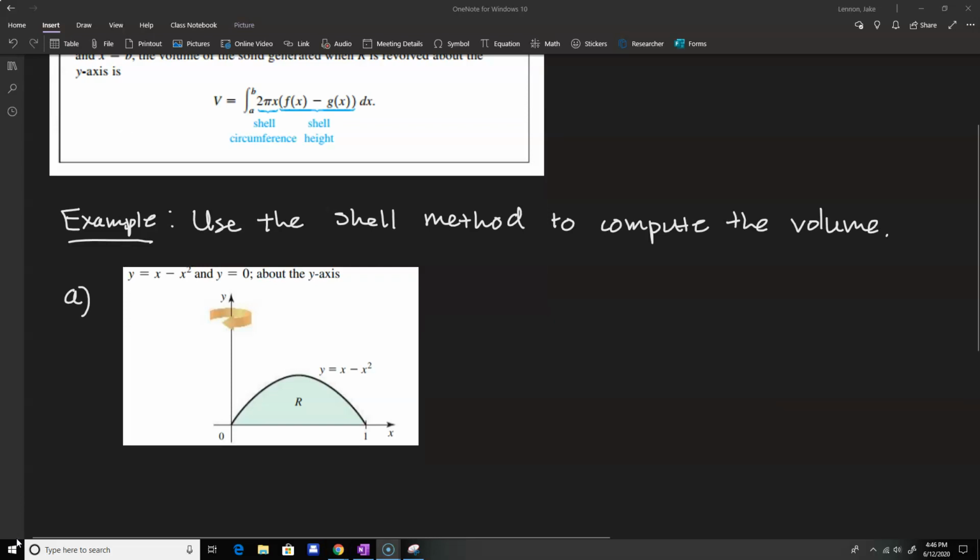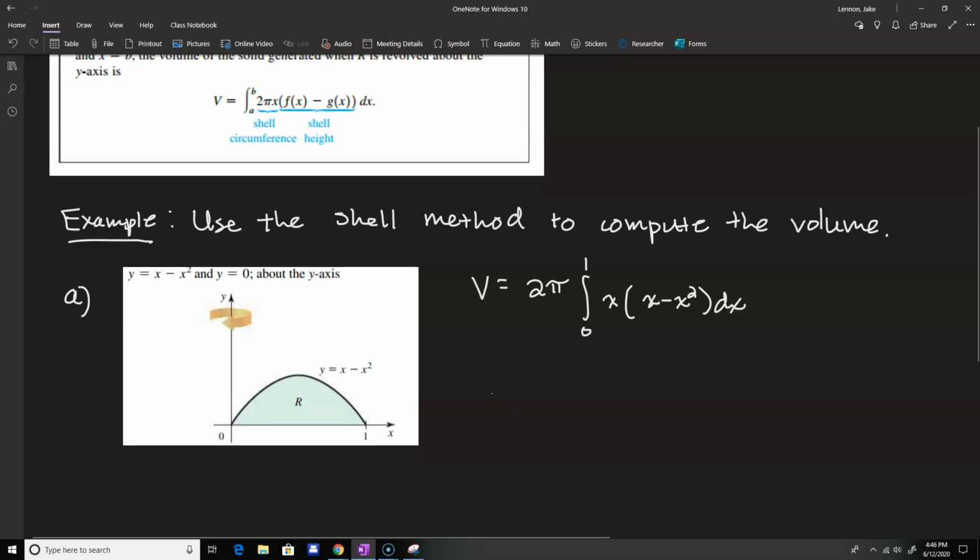So we have our first example here. We can use the shell method. We have our two curves, y equals x minus x squared and y equals 0. So clearly the x minus x squared curve is always positive there, so it satisfies the first hypothesis, and the 0 function we really don't have to worry about in terms of the formula because subtracting 0 doesn't really do much. So our volume here is just given by 2 pi, the constant, and then we're integrating. The picture goes from 0 to 1 for the x values, and then we have x times the difference of the two curves, which is actually just the x minus x squared